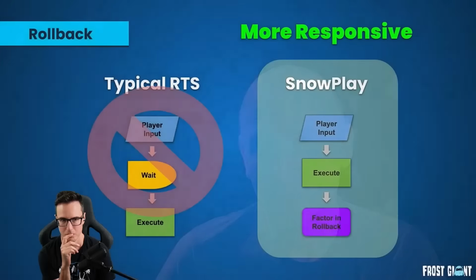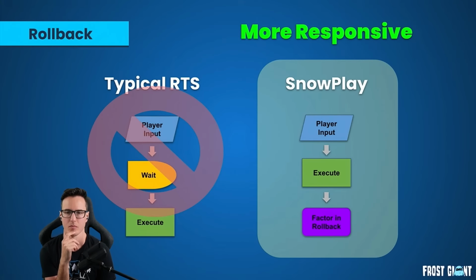Rollback allows us to reduce the lag a player feels playing the game over the internet. Rollback works by allowing us to simulate the game even in the absence of player input. And if we receive input later, we can roll back to that time that the input happened and then simulate forward really quickly to catch back up. Snowplay allows us to